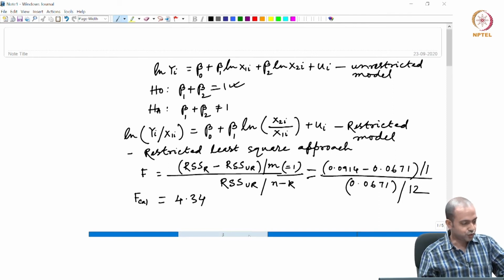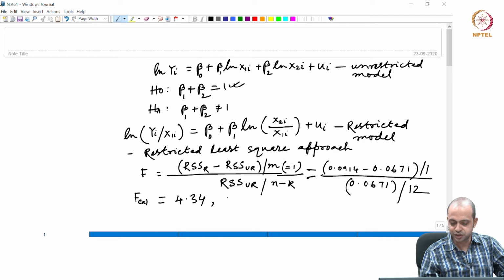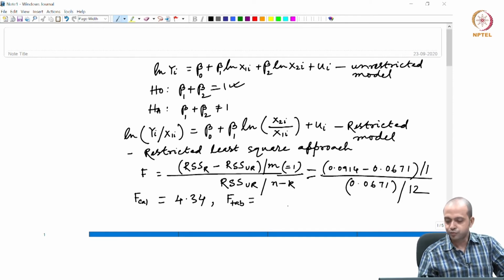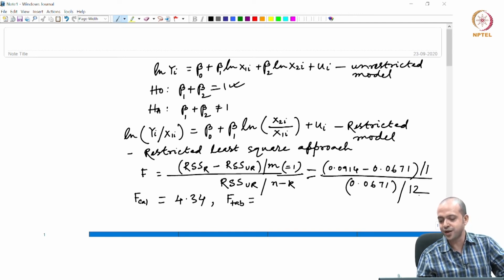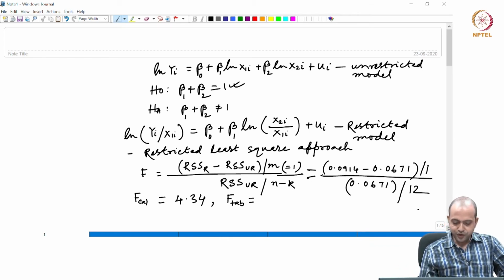You have to look at the value of f from the f table at 1%, 5% and 10% level of significance, and f tabulated equals to... and what would be the degrees of freedom? Please keep in mind, the degrees of freedom would be 1 and 12. So, in the f table, if you specify n1 equals to 1 and n2 equals to 12, then you will get the value for a specific level of significance. So, the value of f is